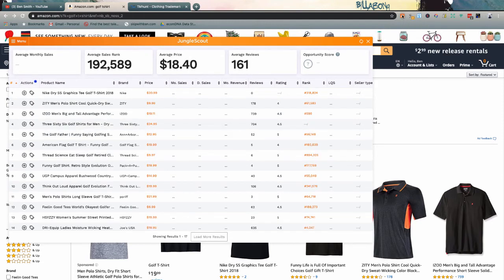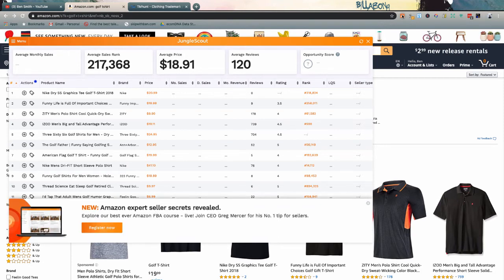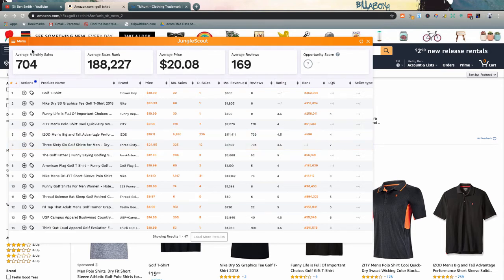But what it does is if we click it while we're on any search result, it's going to pull up all of the products on that search page and give us a nice, neatly displayed data set. So it's going to tell us how many units the products are selling each month based on the best sellers rank, that BSR number we looked at earlier. It's going to give us the average of all of those. So we see that, for example, golf t-shirt, this has an average of 704 sales per product, BSR of 188,000,